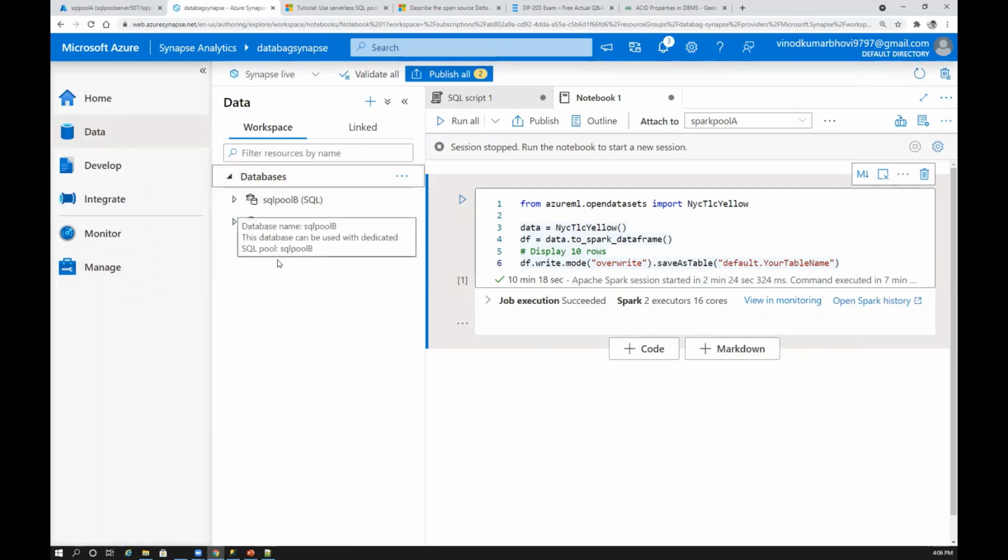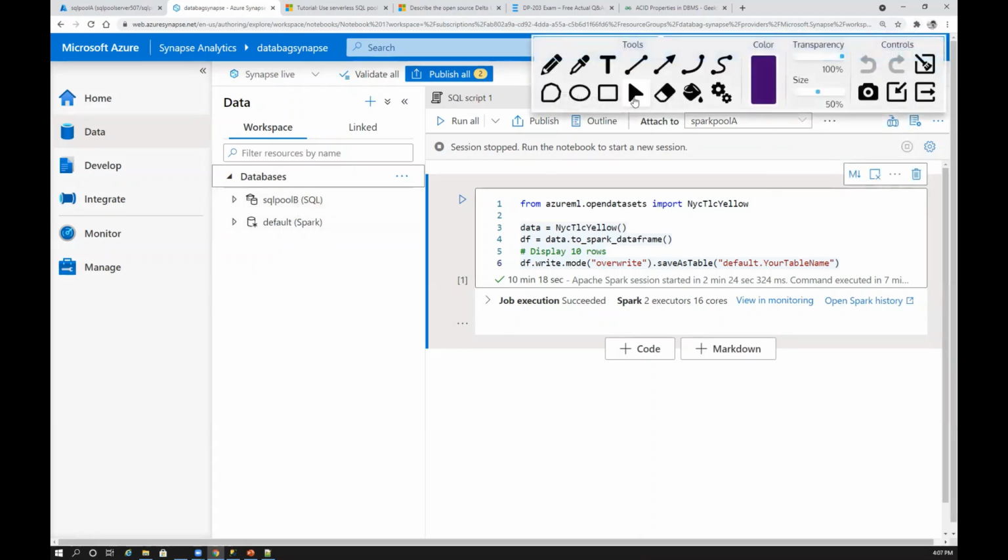When it comes to databases, once you create them, like I said, I have created a SQL pool, so it will create a database for me. Once you launch that, it's nothing but a data warehouse. Again, watch out for these symbols as well. This symbol here is for SQL.